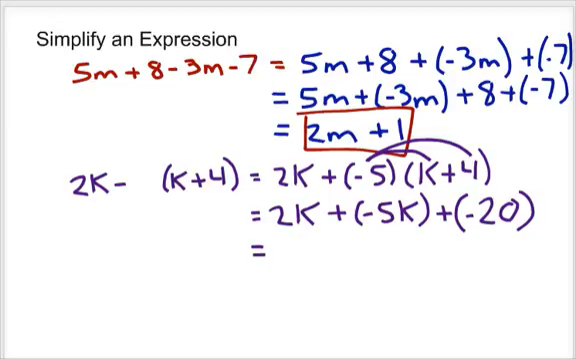Then make sure all my like terms are grouped. Well, it happens that they already are grouped, right? I have my 2k and my negative 5k right next to each other. And then the negative 20 doesn't have anything to group with it, so it just stays by itself. So 2k plus negative 5k is negative 3k. And I could write down plus negative 20, but I'm going to go ahead and do it all in one step, since plus negative 20 is the same as minus